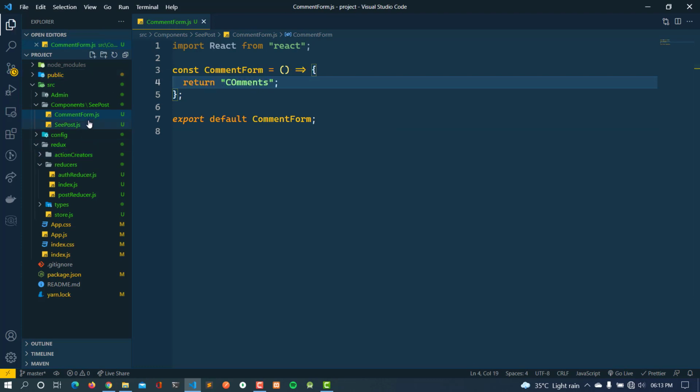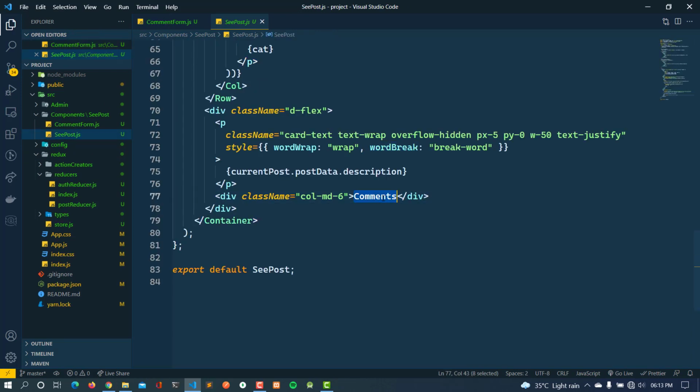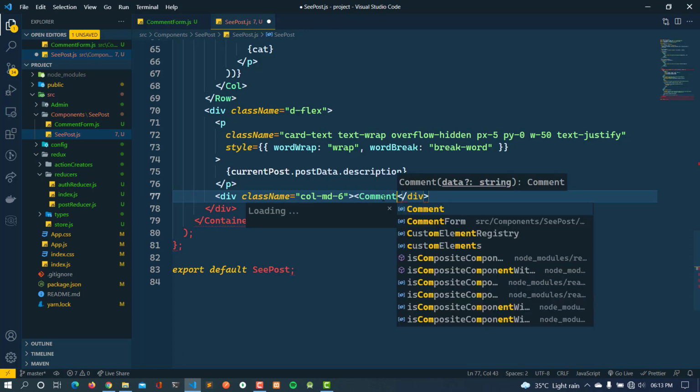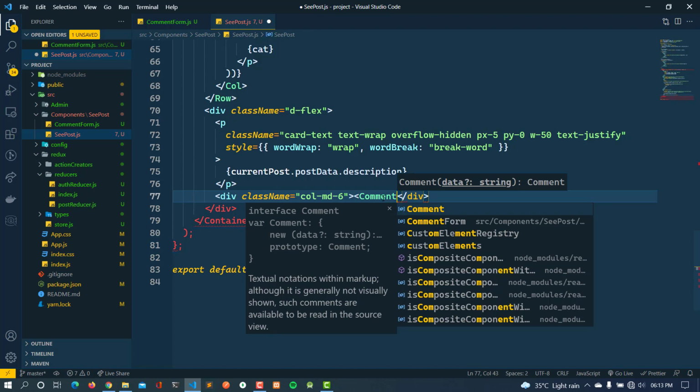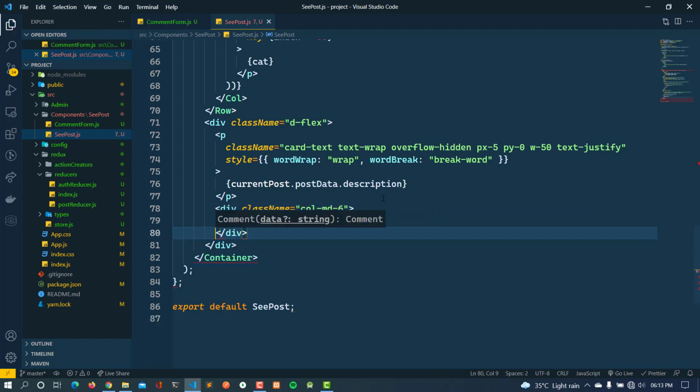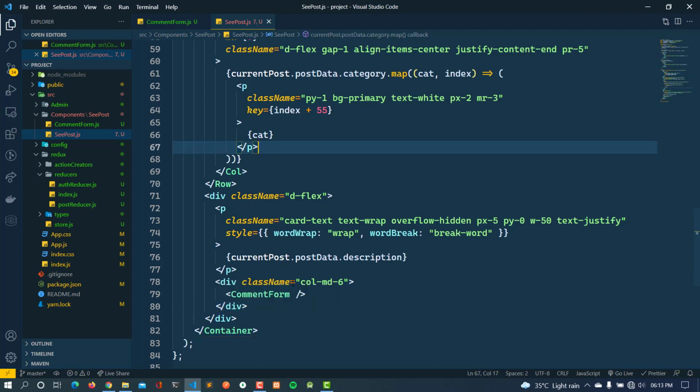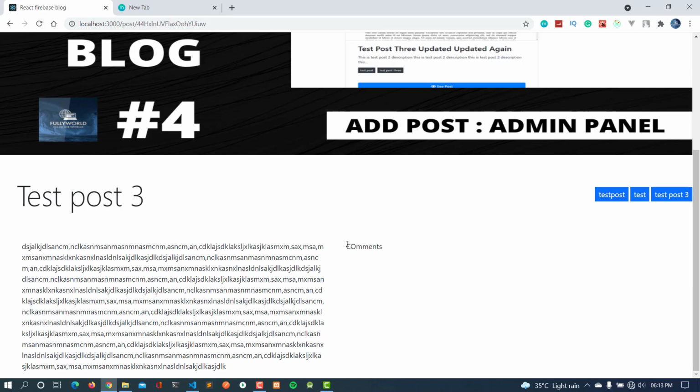Save this, and now we will add this here. So first of all we will add the CommentForm here. So let's add that. This is CommentForm, it is imported successfully here, so we should not get any error. We are not getting any error. See that we are getting comments here.